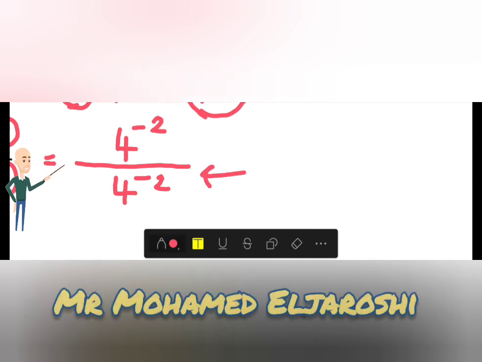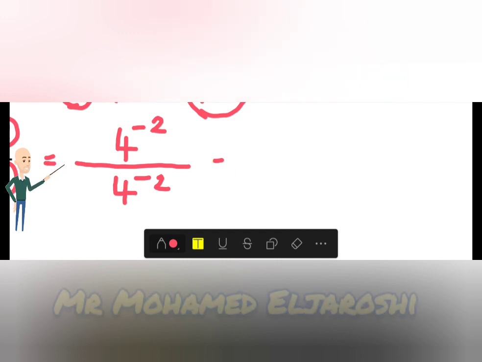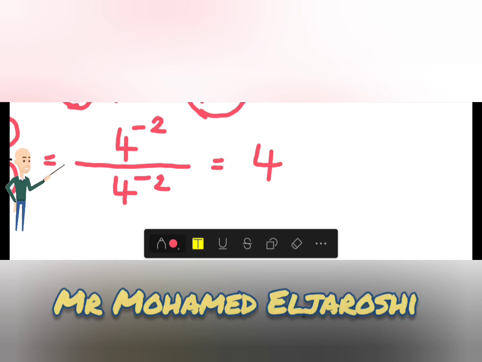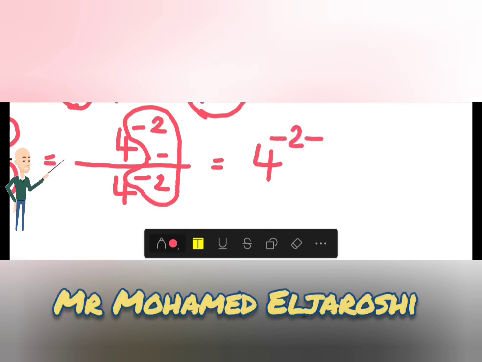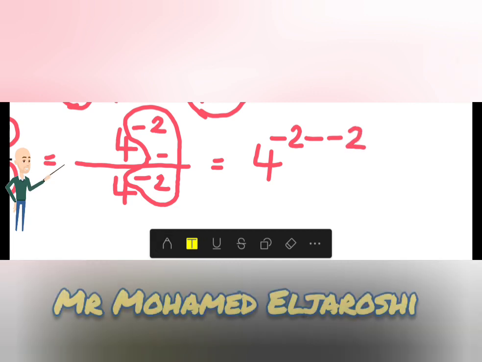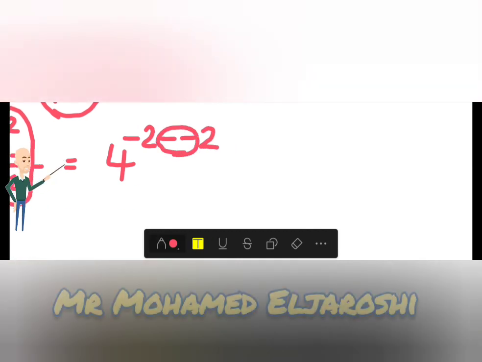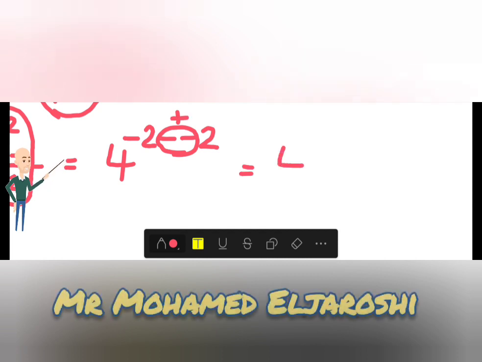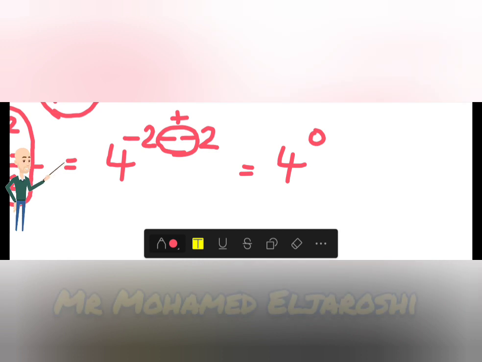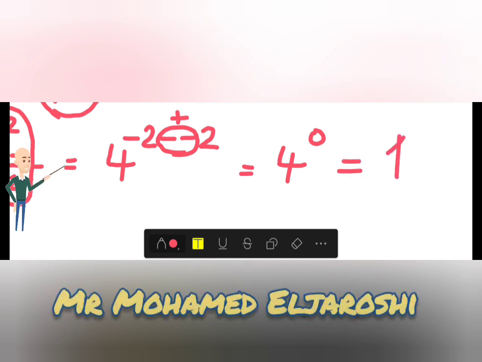Now here we are dividing. So because we are dividing, we're going to subtract the powers. So the answer will be the same base number with the powers subtracted. So I'm going to write negative 2 subtract negative 2. So I'm going to write it here, negative 2 minus negative 2. Now, negative means what? Very good, it means positive. So negative 2, positive 2, or plus 2 equals what? Equals 0. Very good. And any number with a power of 0 equals what? Good job. It equals 1. So it gave me the same answer. And this is how you answer a